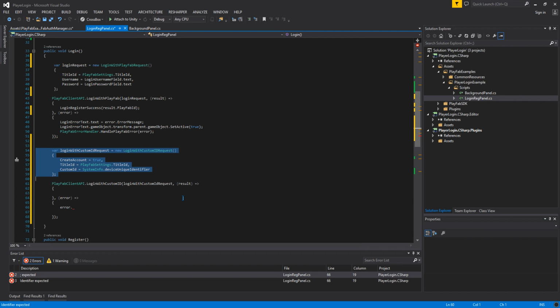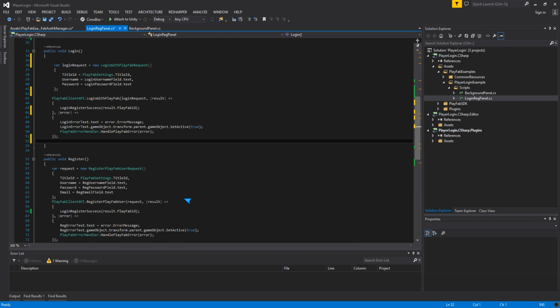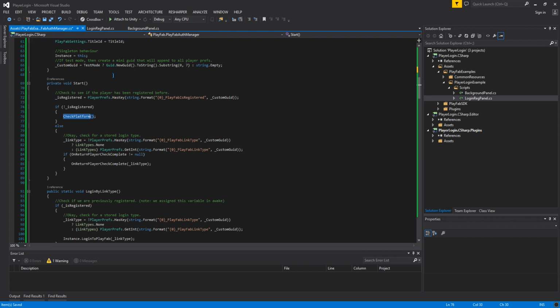Okay, so that's all I'm going to cover in here. This particular example, I mean, we can log in with it, but the purpose is more to show the flow of authentication rather than actually performing the action, although it does work. So we're going to jump back over into our Auth Manager,